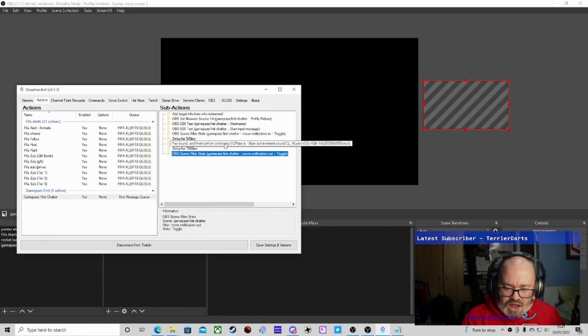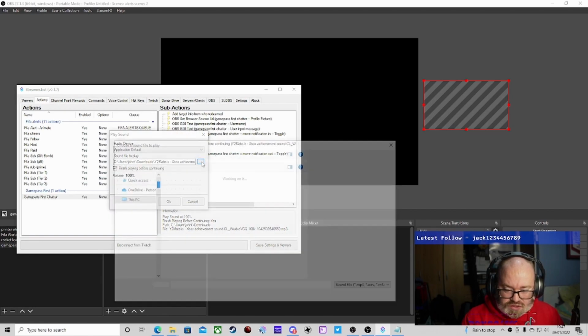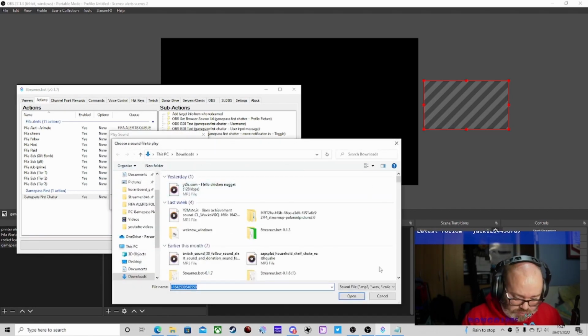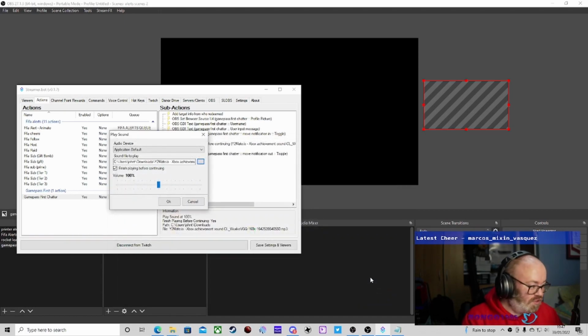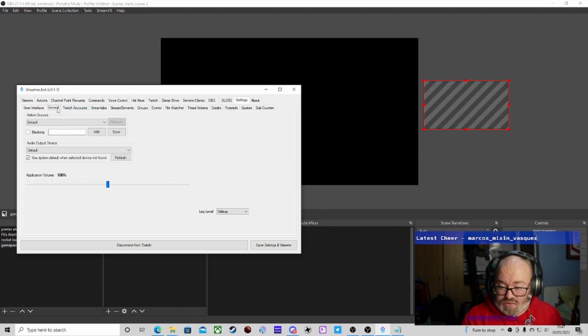Press OK. And then the sound, that is in the folder. So if you just leave it in the folder, then you can just select it from the folder you've downloaded it from. I've got it in my downloads. As long as you keep it there, it will not change. And then that should be, as long as you keep it open, the one other bit we do need, and I nearly forgot, go into